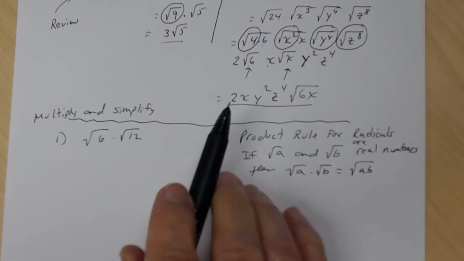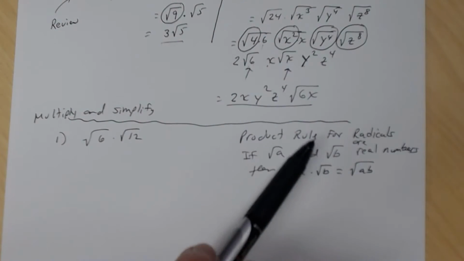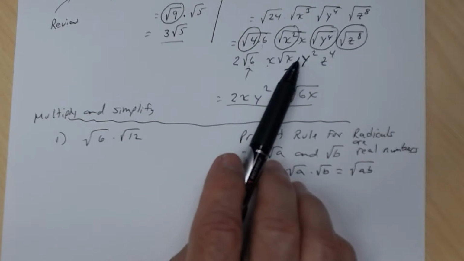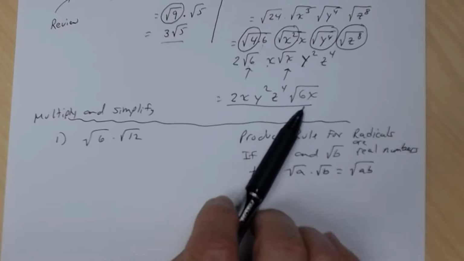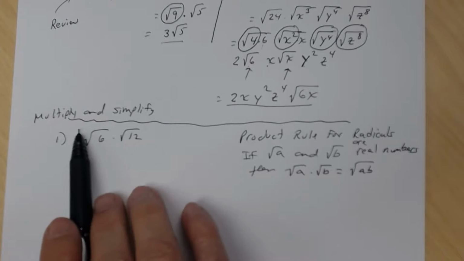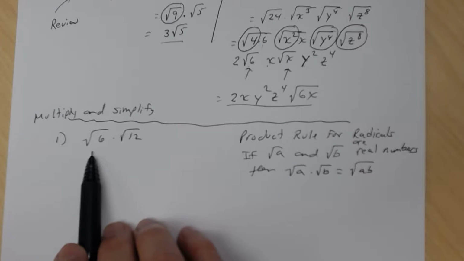Okay? If you think about the previous lesson, that is what we used here. The square root of 6 times the square root of x is the square root of 6x. So what you want to do when multiplying and simplifying is to multiply the radicands first,